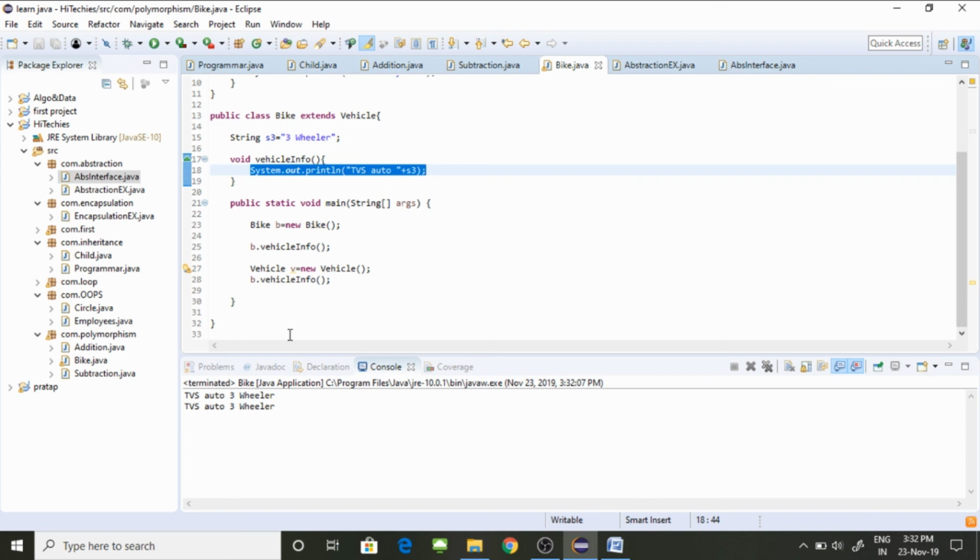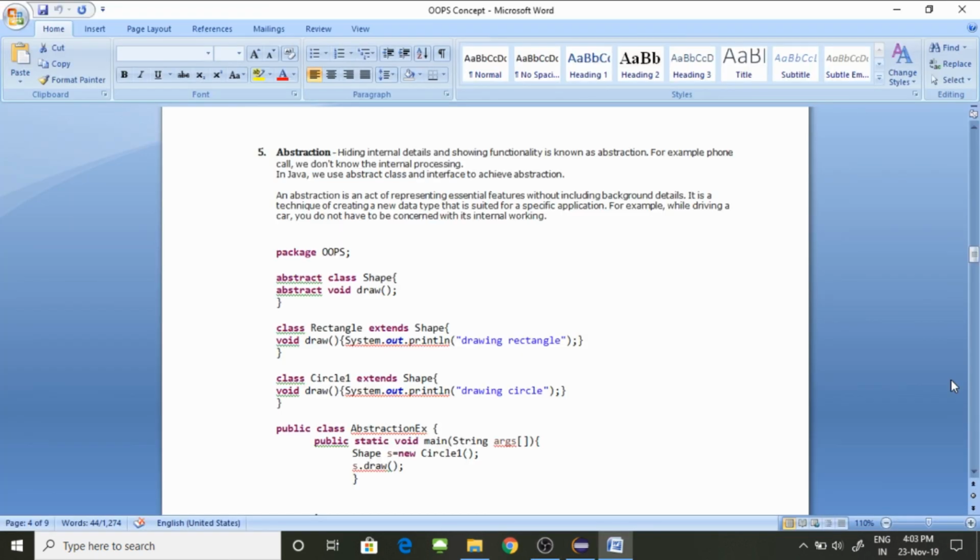So this completes polymorphism's both parts, method overloading and overriding. Now we're going to talk about abstraction. Hiding internal details and showing functionality is known as abstraction. For example, a phone call. We do not know the sophisticated internal processing of how the phone works, how it is connecting to the other person. We just know that by clicking on some number, we are able to call